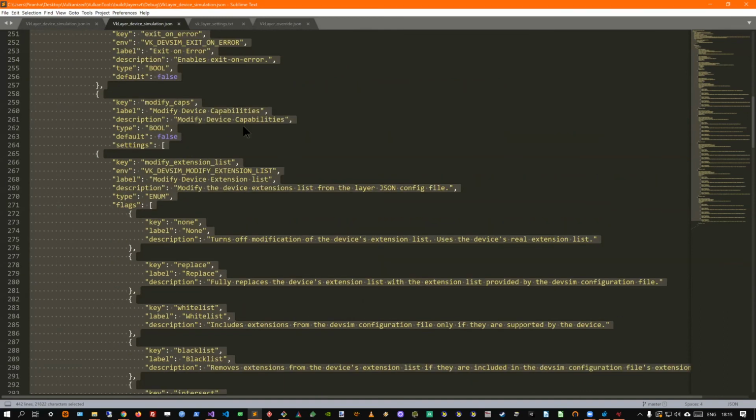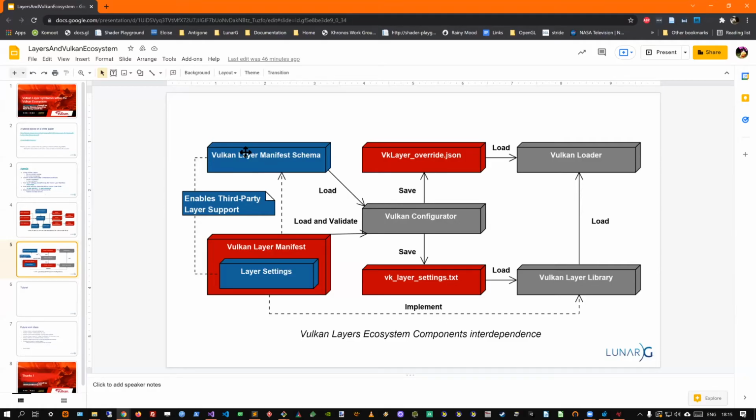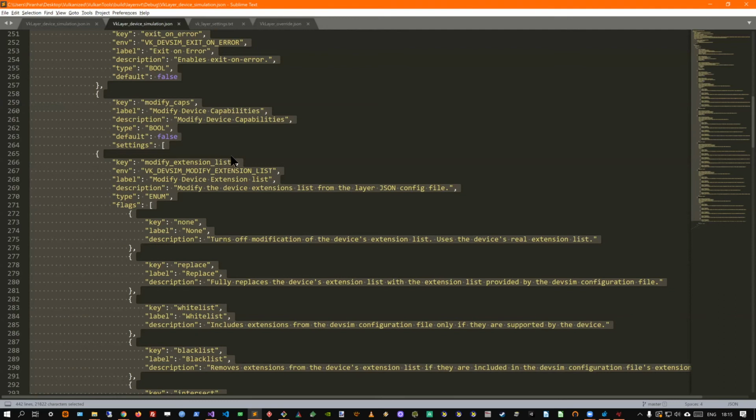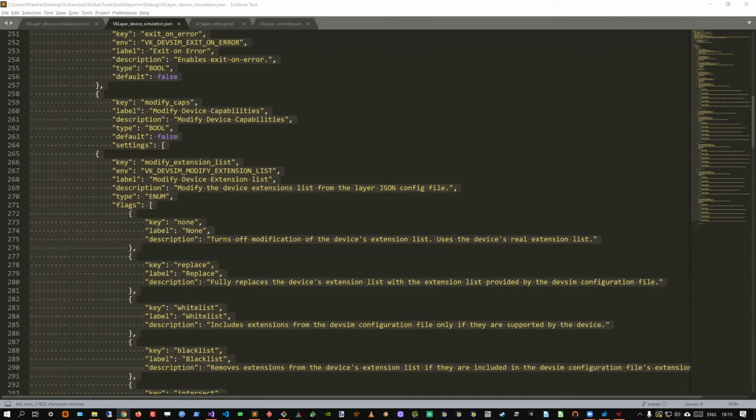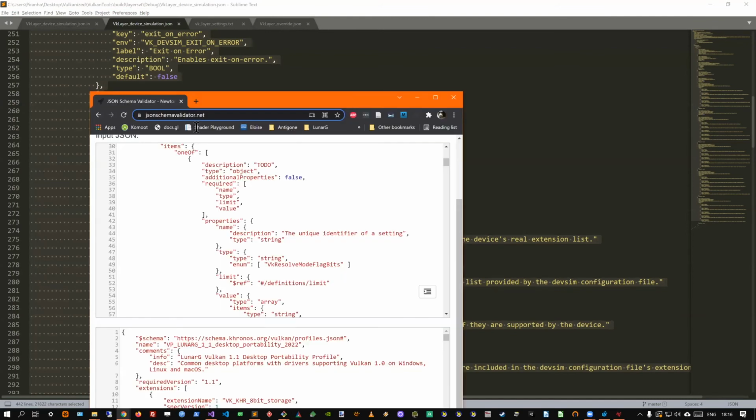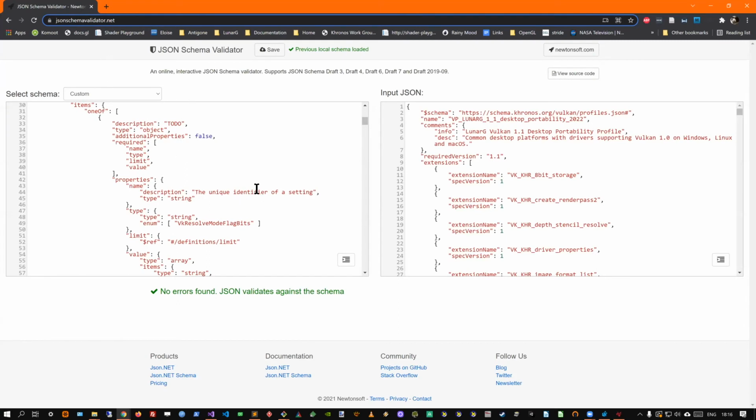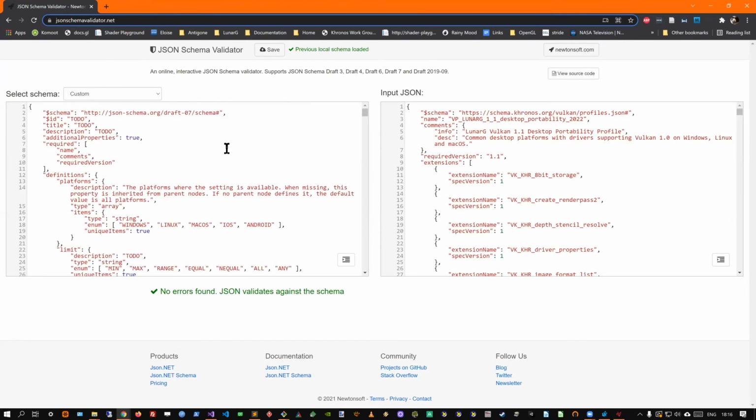Yes. And now what I can do is try to launch Vulkan Configurator, but actually, as I was showing in the presentation, there is a manifest file, so we can check that the changes I made are correct. And for this, we can simply use this website, which is very convenient, called JSON Schema Validator.